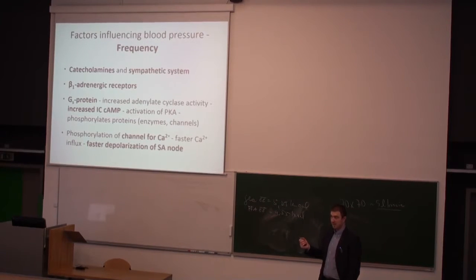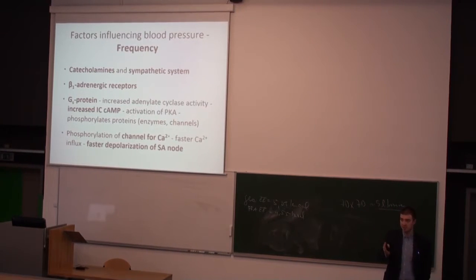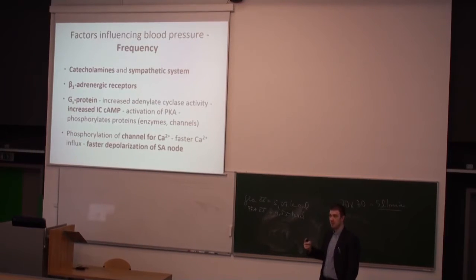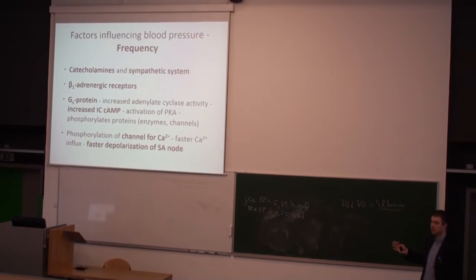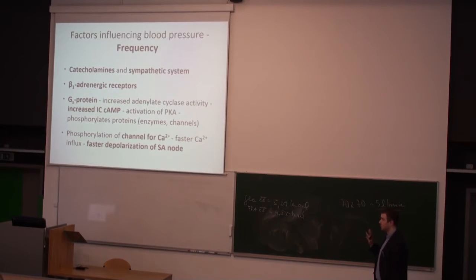How is it done at the molecular level? The catecholamines have their specific receptors. As you know, we have alpha adrenergic receptors and beta adrenergic receptors. Alpha receptors have two subtypes, alpha 1 and alpha 2. And beta receptors have 3 subtypes, beta 1, beta 2, and beta 3. One of these groups we call cardiac receptors, and those are the beta 1 adrenergic receptors. So these receptors stand behind the fact that the cardiac cells react to the catecholamines in the way described here.